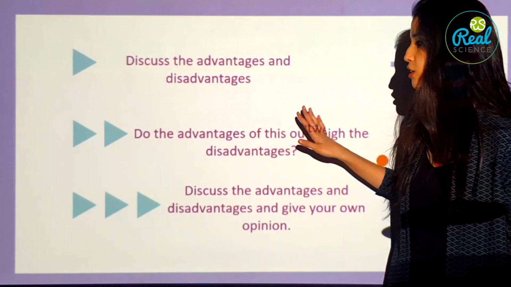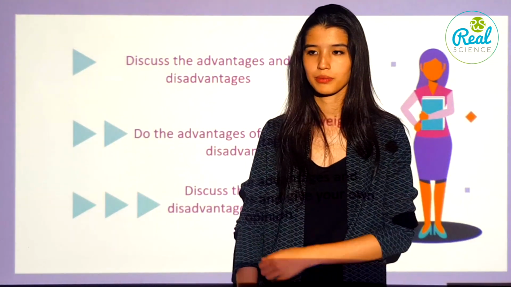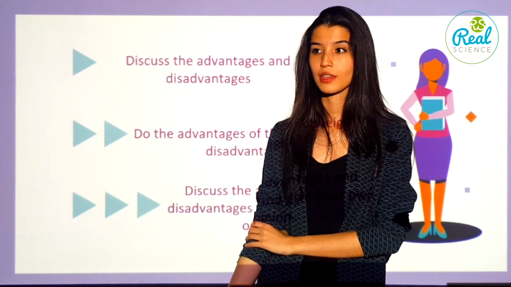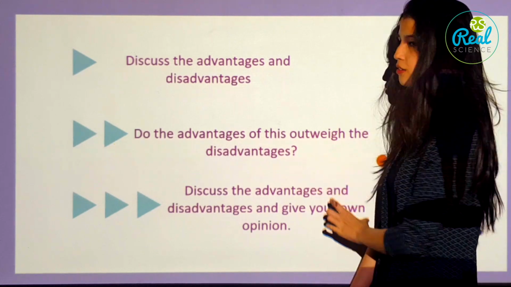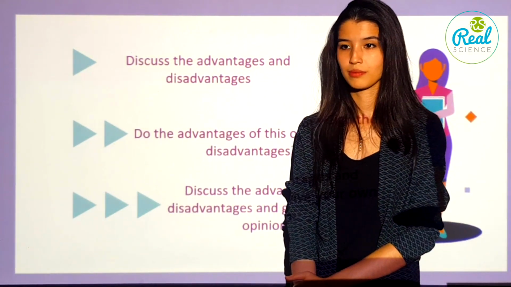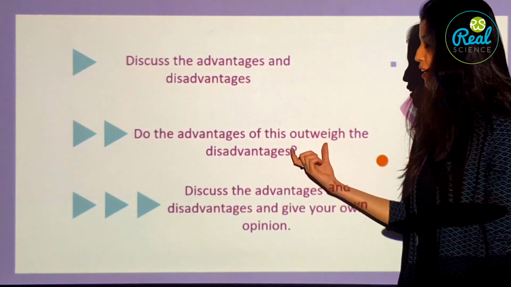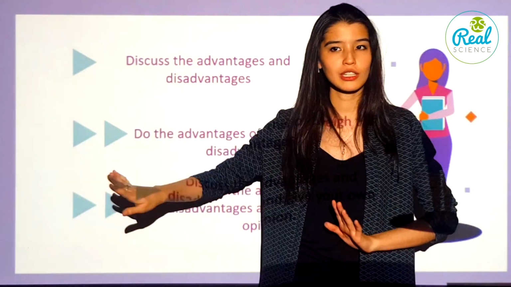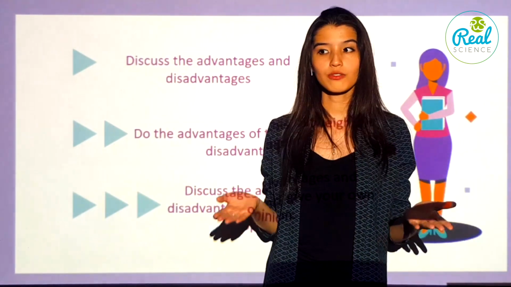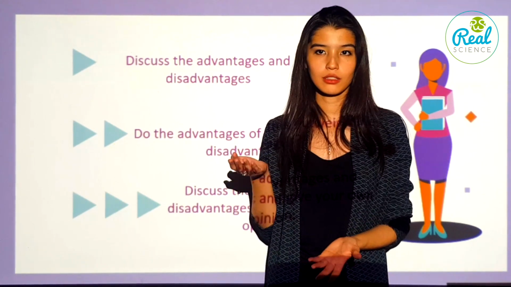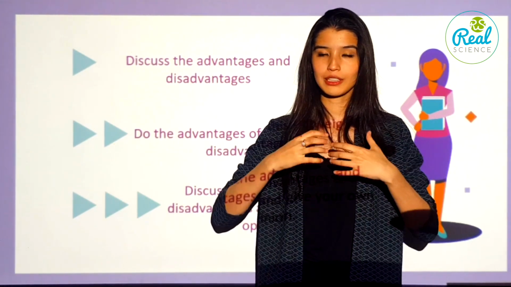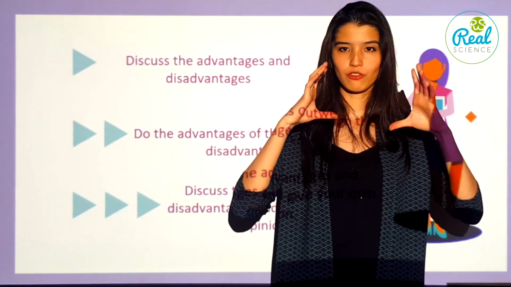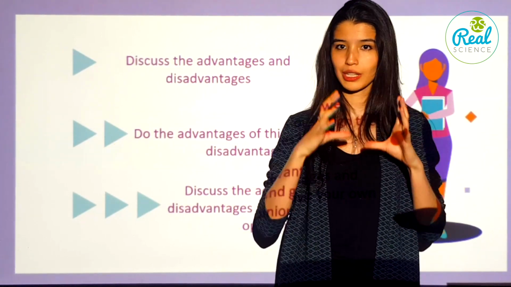Why will it be off topic here if your paragraphs are balanced? Because the advantages must only outweigh the disadvantages. What does the word outweigh mean? We should make one paragraph stronger. Yes, this word exactly is privileged. So which one is more? They are not saying which is totally disadvantage or totally advantage. No, they are saying which is more. So you have to pick the side that is more for you, and the side that you are taking will be much stronger. For example, for your side, you will give 2 valid, solid points and you will explain them.